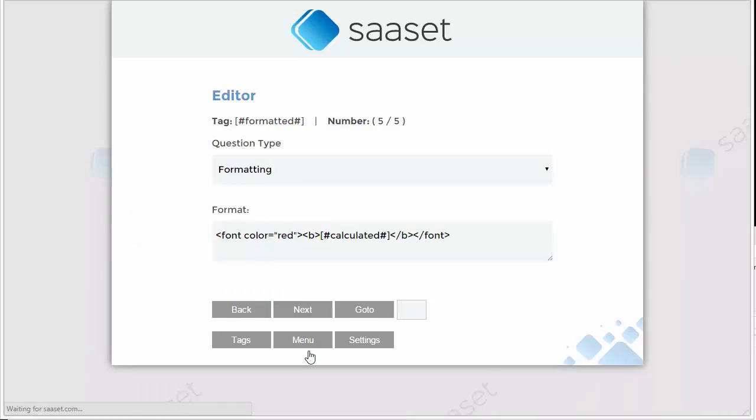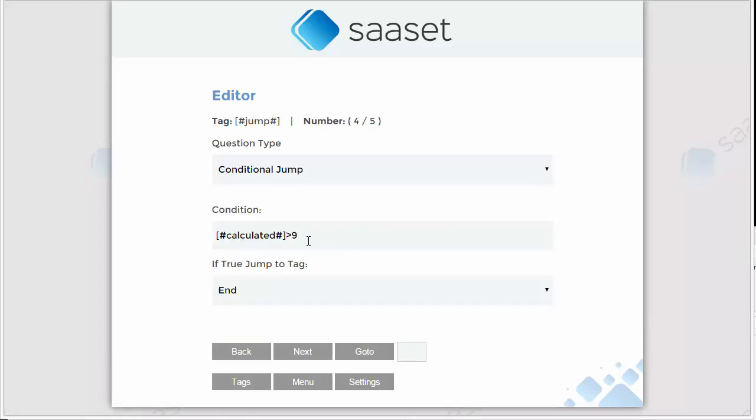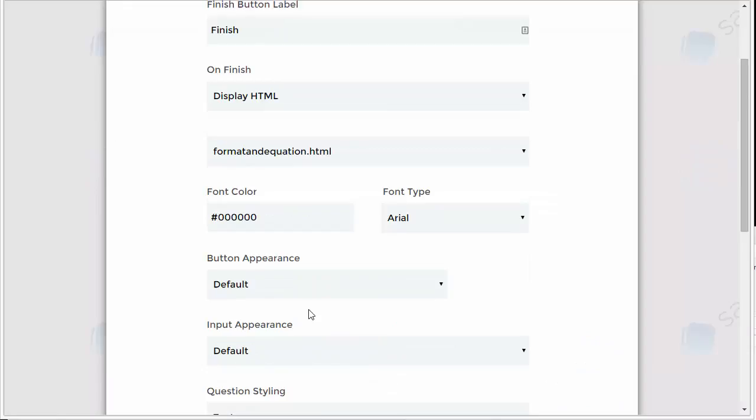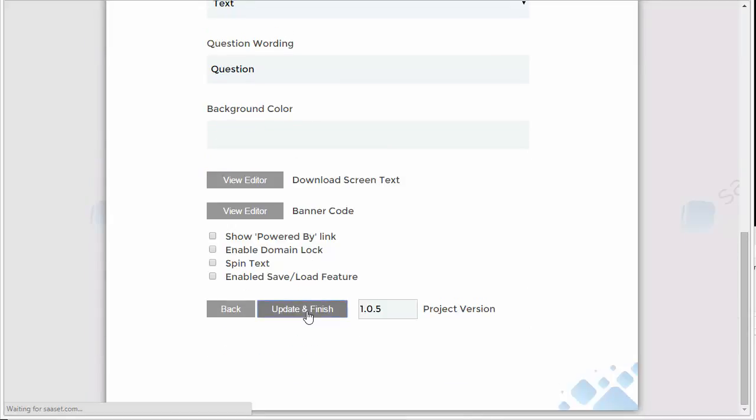So we go next. Provided this equation comes out false, it goes to the next question, the next tag in the list. So if calculated is less than that, then it's going to go and do this. So if we test that now,